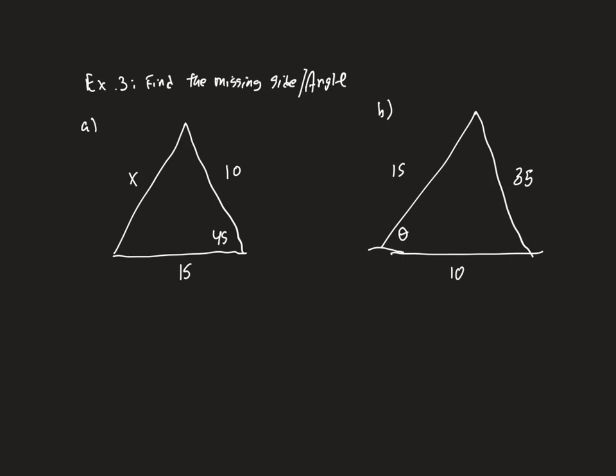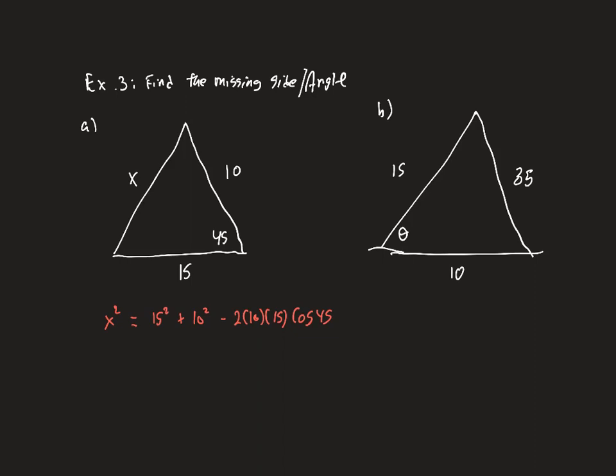Okay, I assume now you've finished doing it, you've unpaused the video, so you want to see how it turned out. Alright, so we're missing x. So if we're missing x, that's going to be our x squared. Remember, add the other 2 things squared minus 2 times those things, cosine of 45. Okay? So you've got 15 squared,